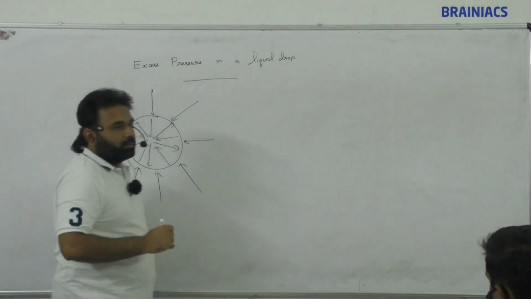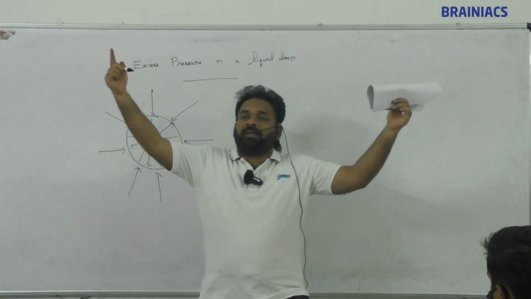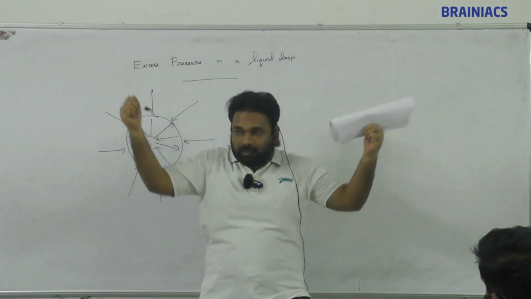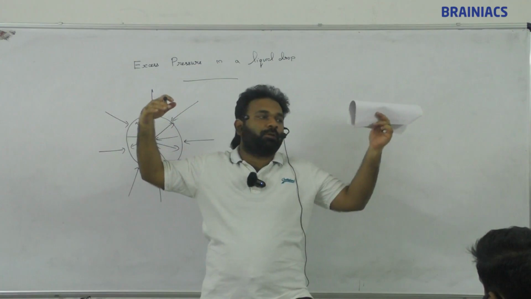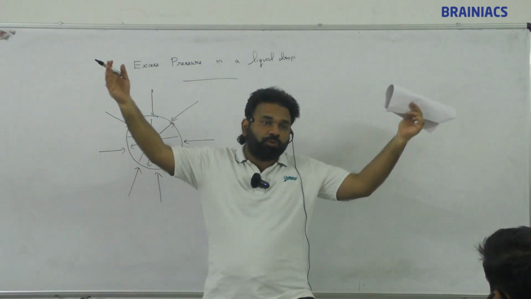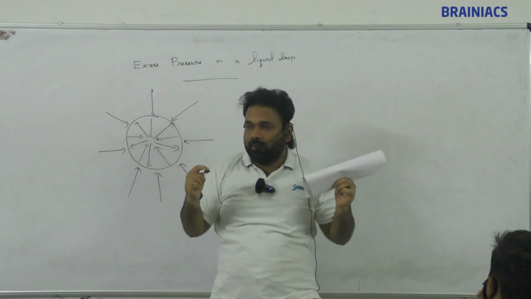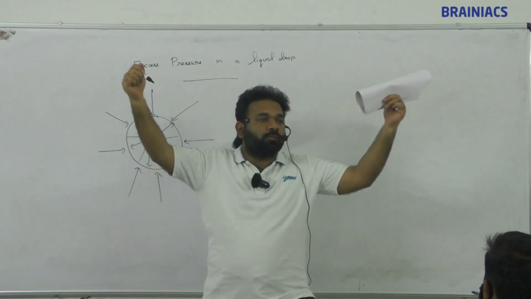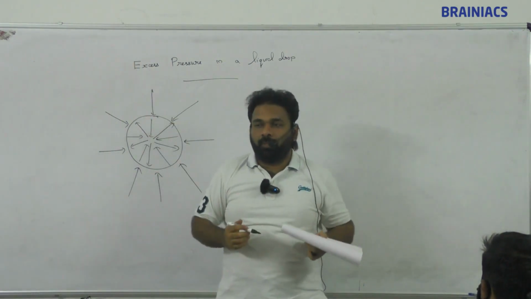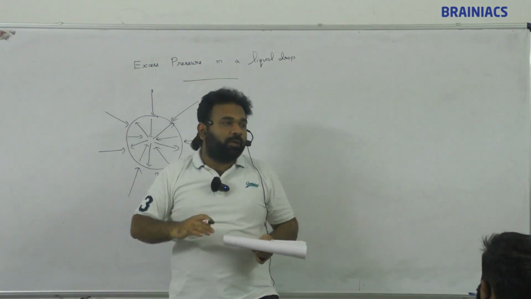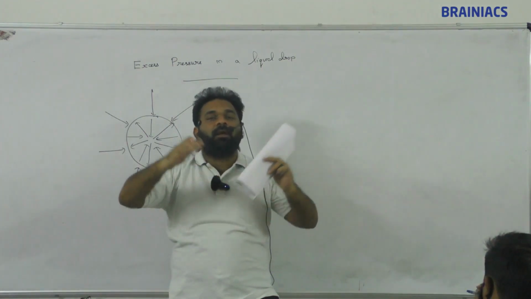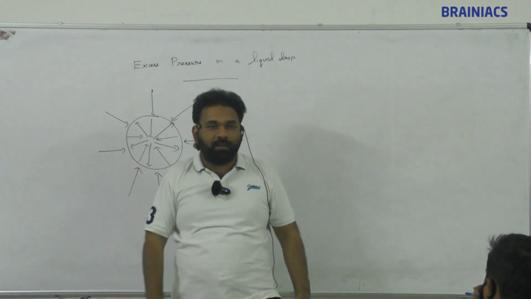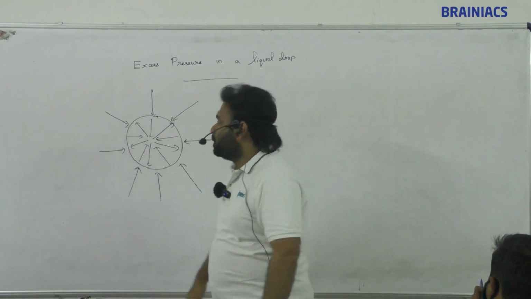Pressure due to liquid, so what is happening? The force due to external pressure is coming in, and the force due to surface tension is also coming in. The force due to the liquid will be acting in the outer direction. All of these pressures are acting on the same area. Correct or what? So can I write